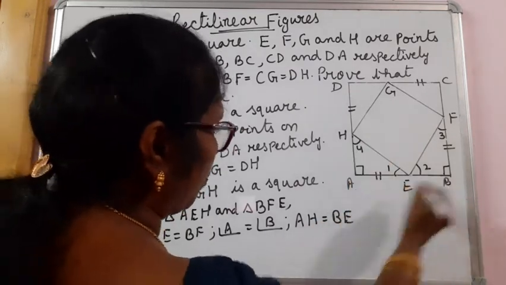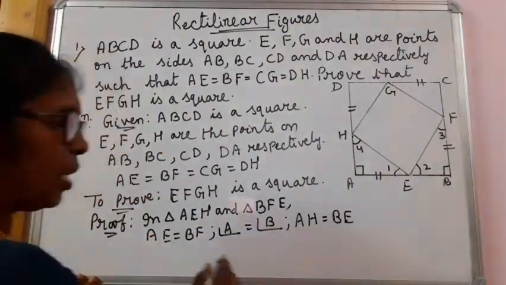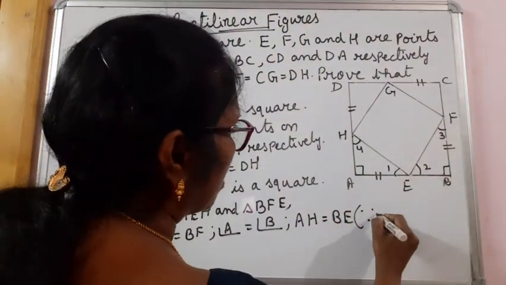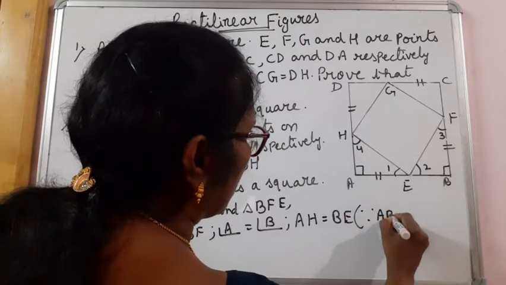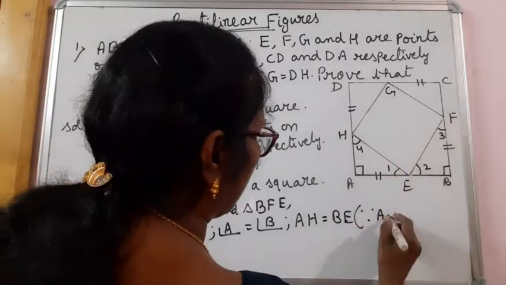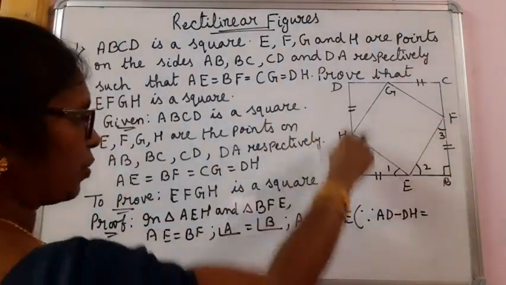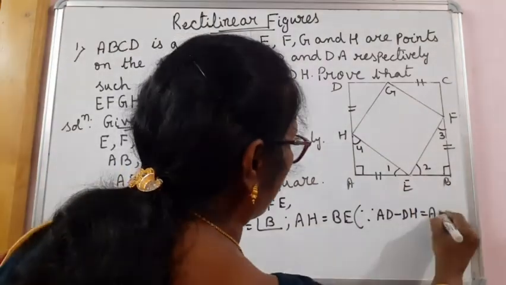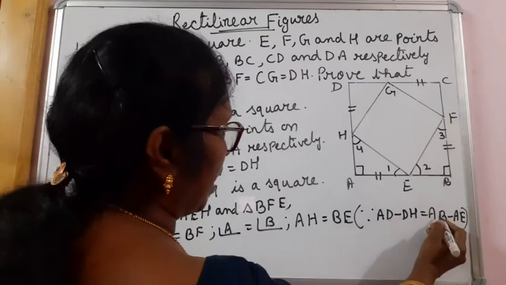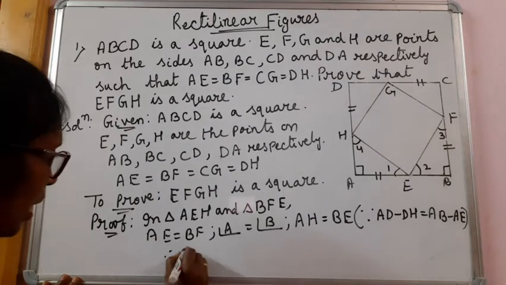Why AH equal to BE? Because AH is the side AD minus DH, and BE equals AB minus AE. I hope this is clear to you. AD and AB are equal, DH and AE are equal. That's why AH equals BE. Therefore,